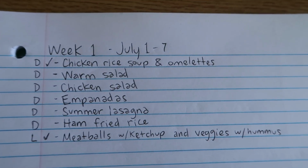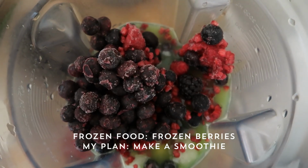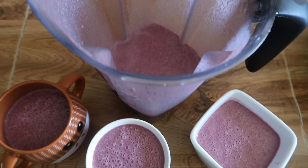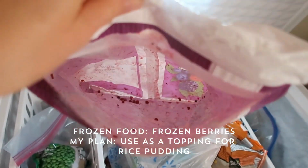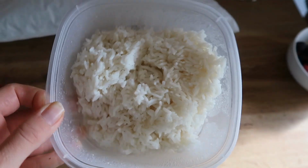So I'll take you along this week as I get some meals on the table. We'll go ahead and start these meals off with the low-hanging fruit, the frozen berries. We make smoothies almost every day for breakfast, so we used some of these berries for a refreshing berry smoothie. The remaining berries were an excellent topping for the rice pudding that my daughter wanted to have for her birthday